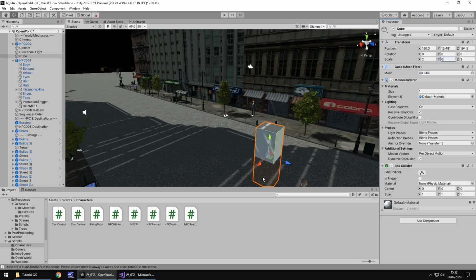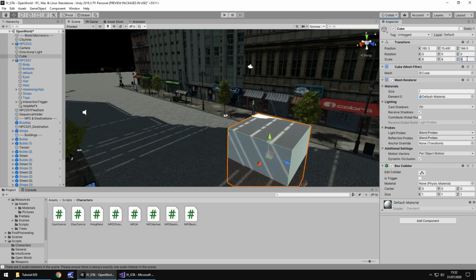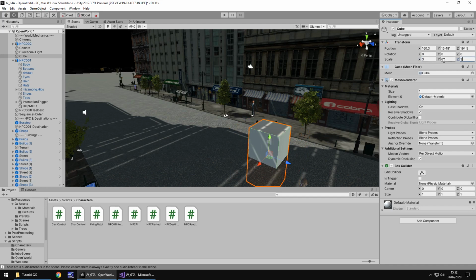And down here, if the terrain ever changes up or down, at least we've got all angles covered. Obviously this can be as big or as small as you want. You've got to think of this as a target. If this is really far away and really small, it's going to be very difficult to accurately hit this particular NPC. However, if it was like this, from the same distance, it's now going to be a little bit easier because that target is theoretically bigger. So for all intents and purposes, I'm going to keep it as 3 by 6 by 3 for now,